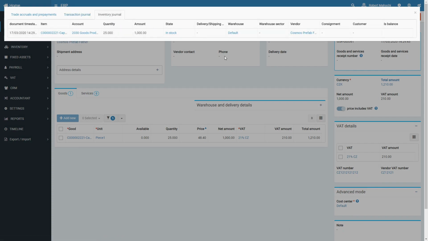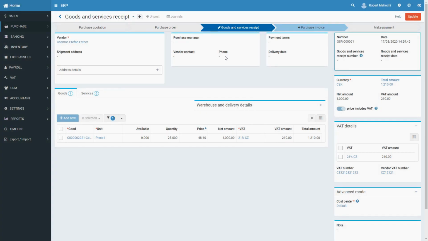When you post the goods and services receipt, it cancels the reservation of goods made by the purchase document, alters the total quantity of items in stock by the number of goods reserved because the goods have arrived at the warehouse, and indicates that the goods have been received from a vendor,